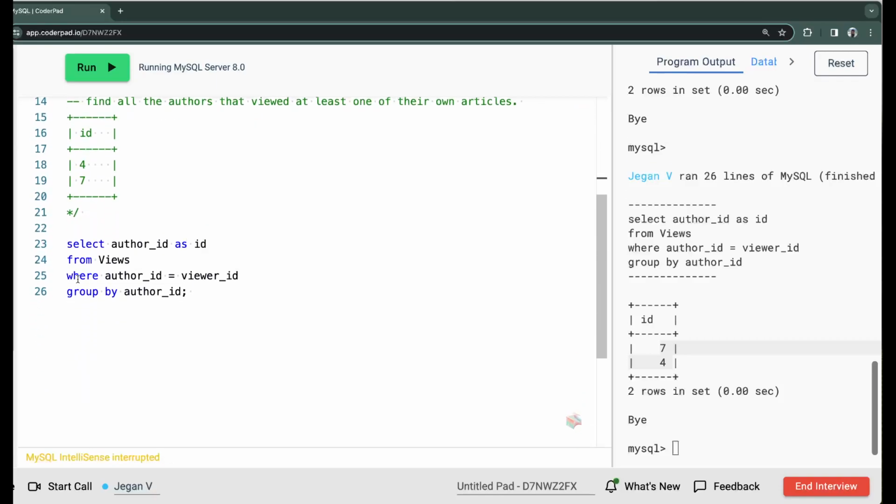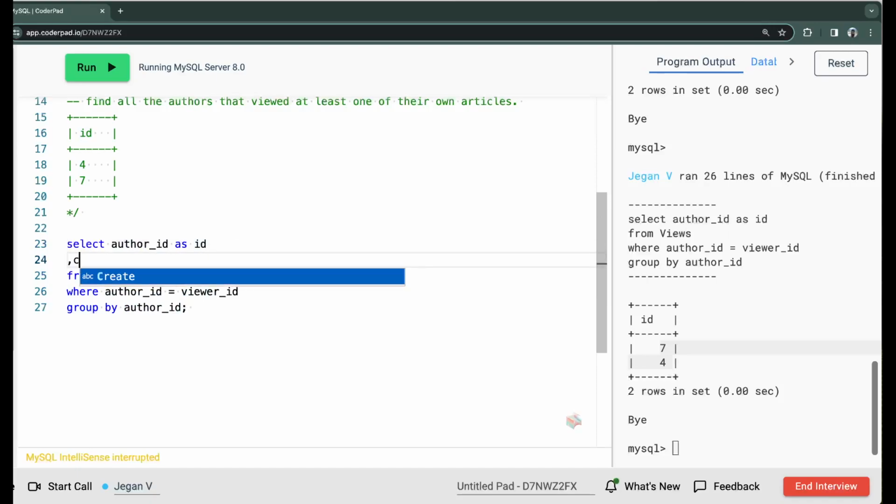So till now we have a where condition. The where condition basically works at the record level. So every record, it will check author ID equal to viewer ID, right? It's at a record level basis. How to do an aggregation at a group level, right? So we have the group by author ID, right? So here I can just say a count,